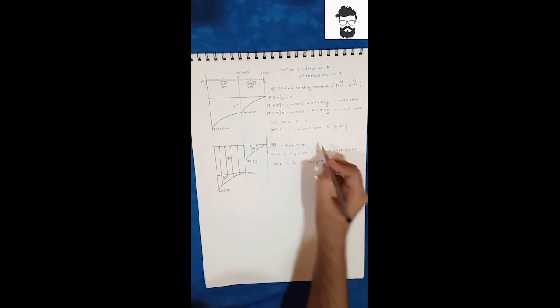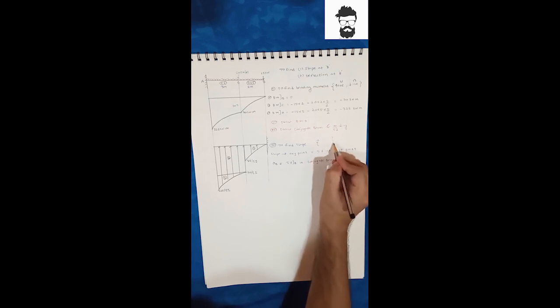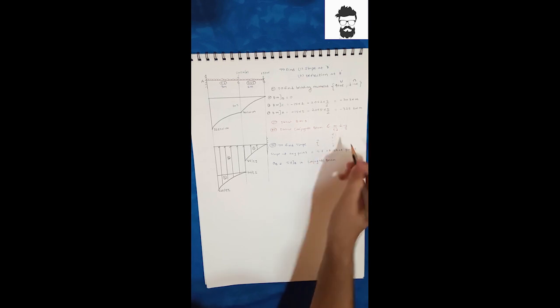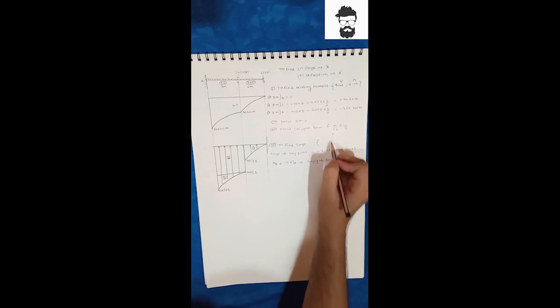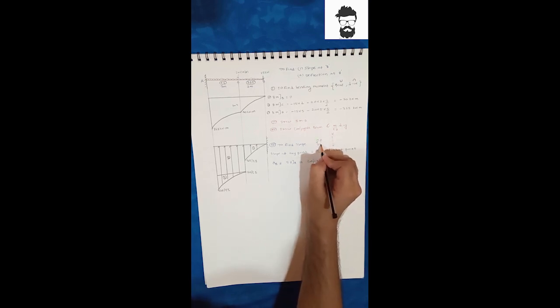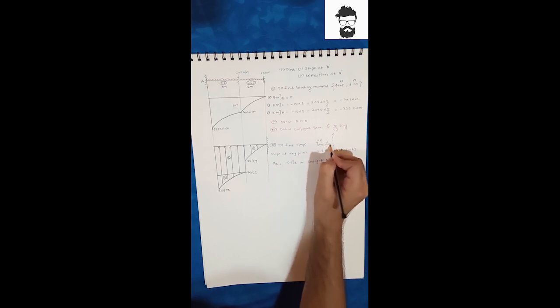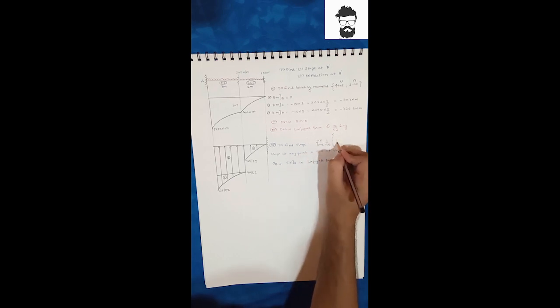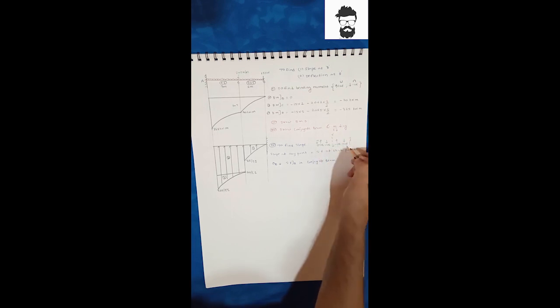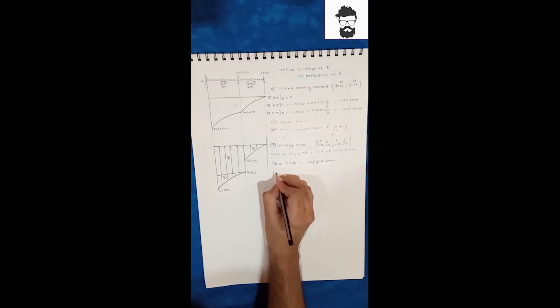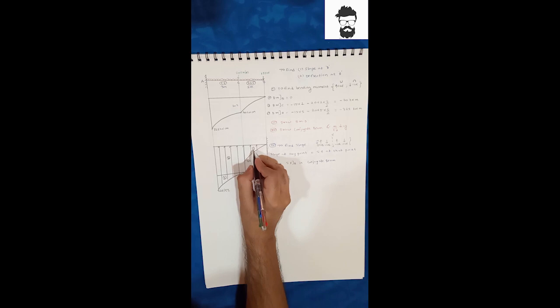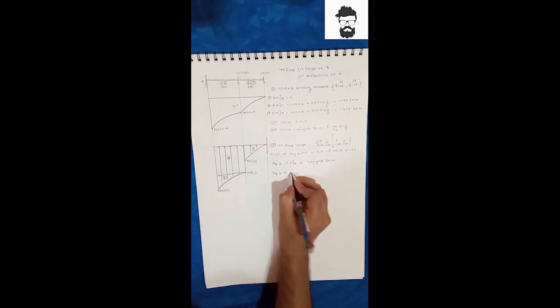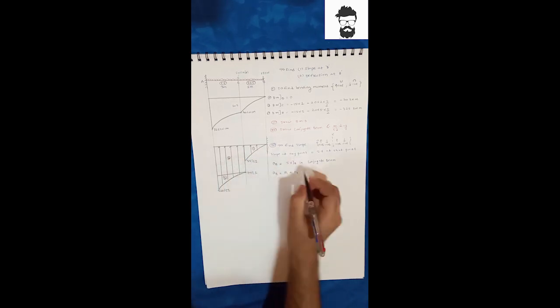So for this we need to know the sign convention for shear force. We need to take a section, and on the left hand side of the section, an upward arrow is positive and a downward arrow is negative, and on the right hand side of the section, an upward arrow is negative and a downward arrow is positive. So now the shear force at B, that is theta B, is equal to area of 1 plus area of 2